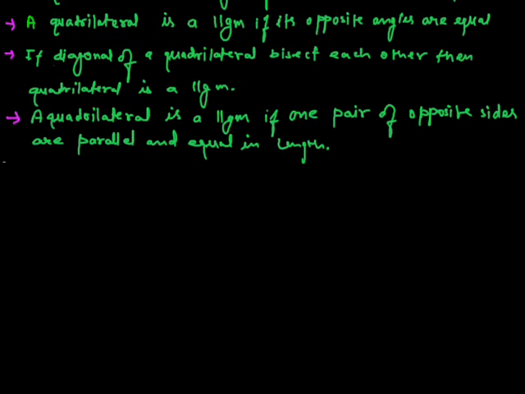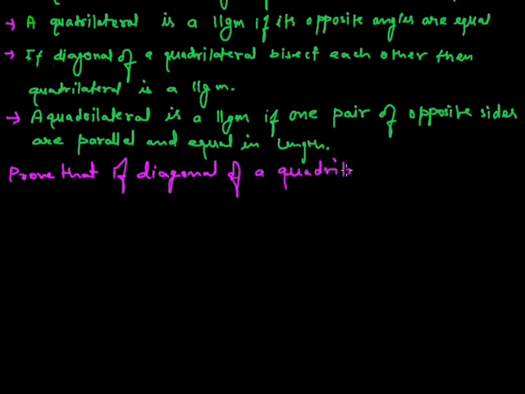Let us rewrite the statement. Prove that if diagonals of a quadrilateral bisect each other,